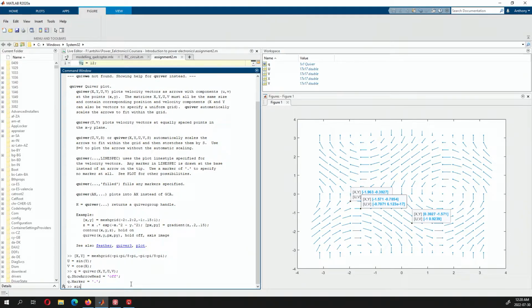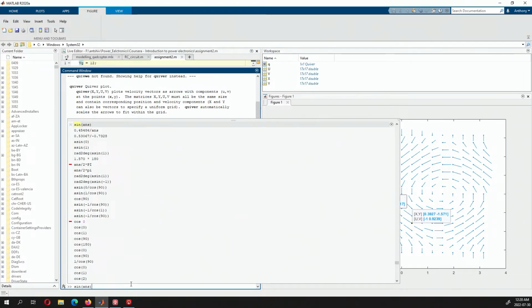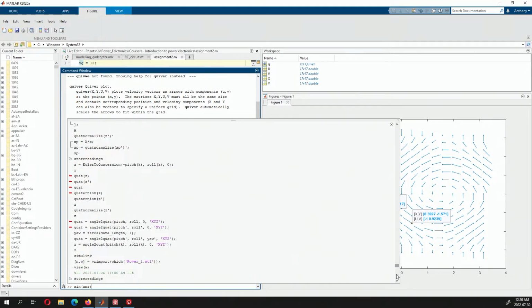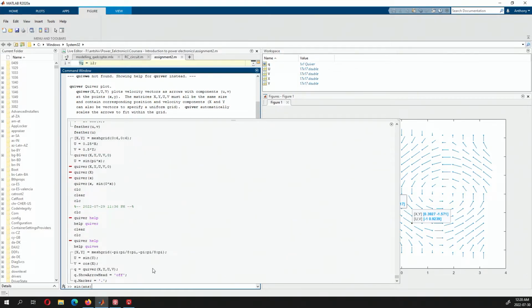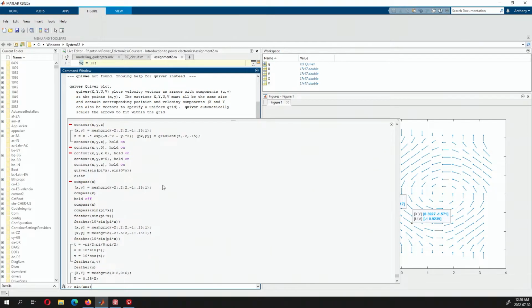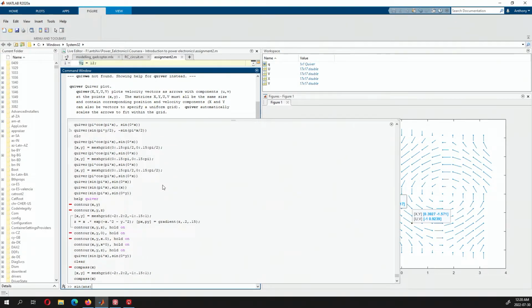So let's say I have a function over here, and I want to do a quiver on, say, this one. So it's just going to be in one direction. It's just going to be across the x direction,